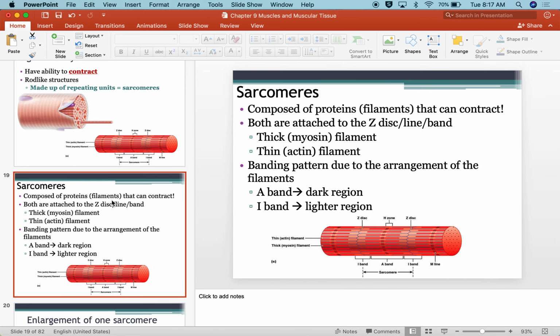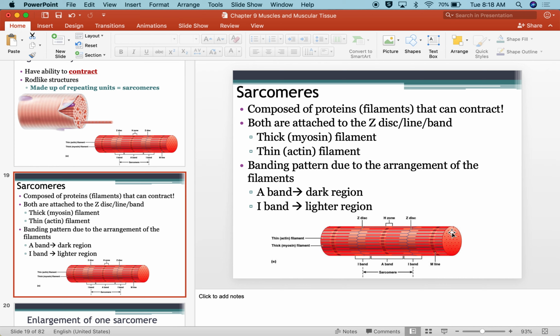So the sarcomeres are composed of proteins that can contract, and again, the ends, like the bookends, are the Z discs. You can also call it a Z line or a Z band. There are two different types of proteins, the thick filaments and then the thin filaments. Thick filaments are known as myosin, thin are known as actin. And this banding pattern is due to the arrangement of filaments. Remember, that was called the striations, and it's because